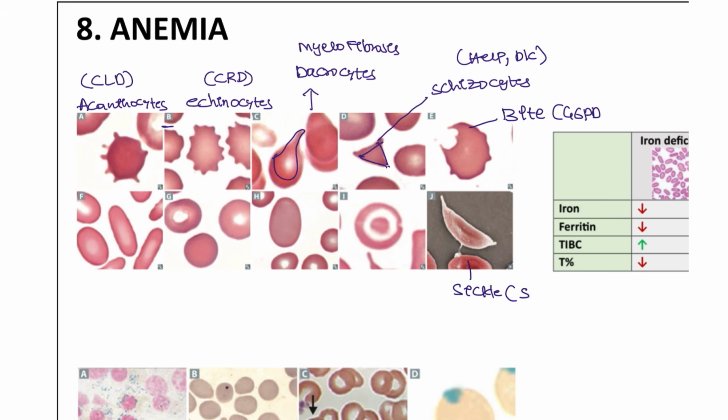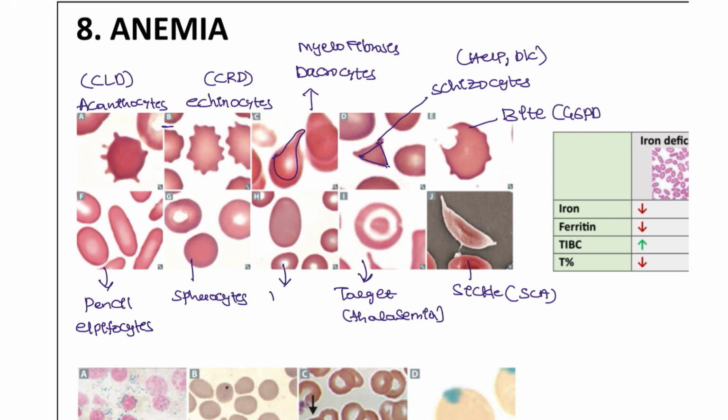sickle cells seen in sickle cell anemia patients. These are the target cells, right? Seen in the thalassemia patients, and these are the spherocytes. These are the spherocytes, and these are the pencil cells, or we can also call this elliptocytes,